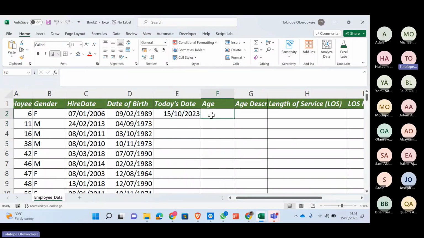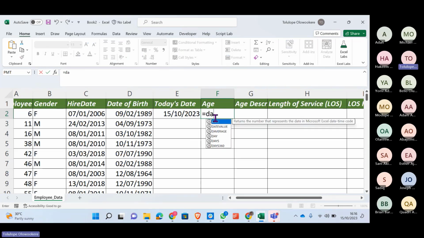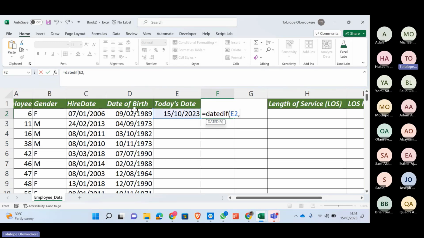Okay, so I was trying to calculate. Should I wait for people to open up? Let's just go on. You can just ask me questions as we go on. I was trying to use the DATEDIF function. So I said DATEDIF. It's quite a new function. So the difference between this date and this, that's today's date and the person's birthday or date of birth. And I want it to be,